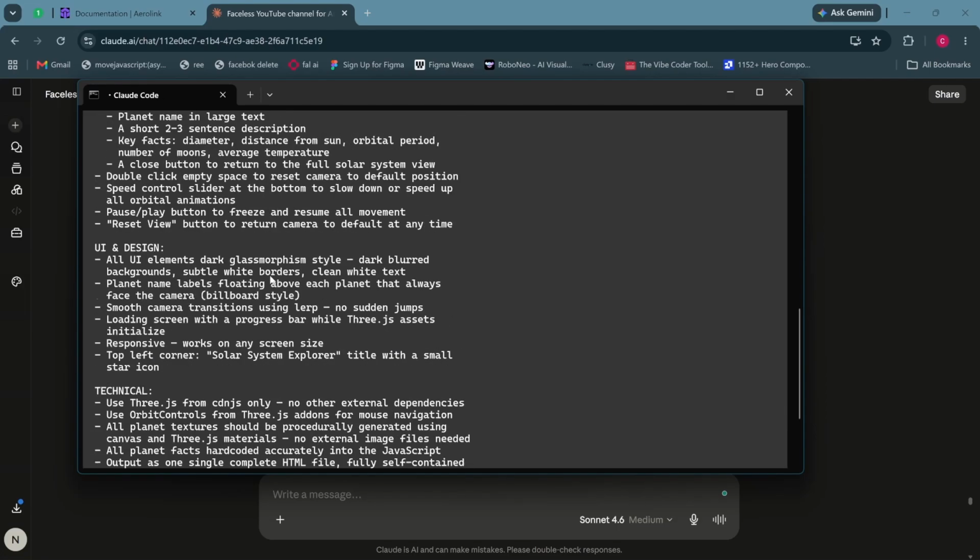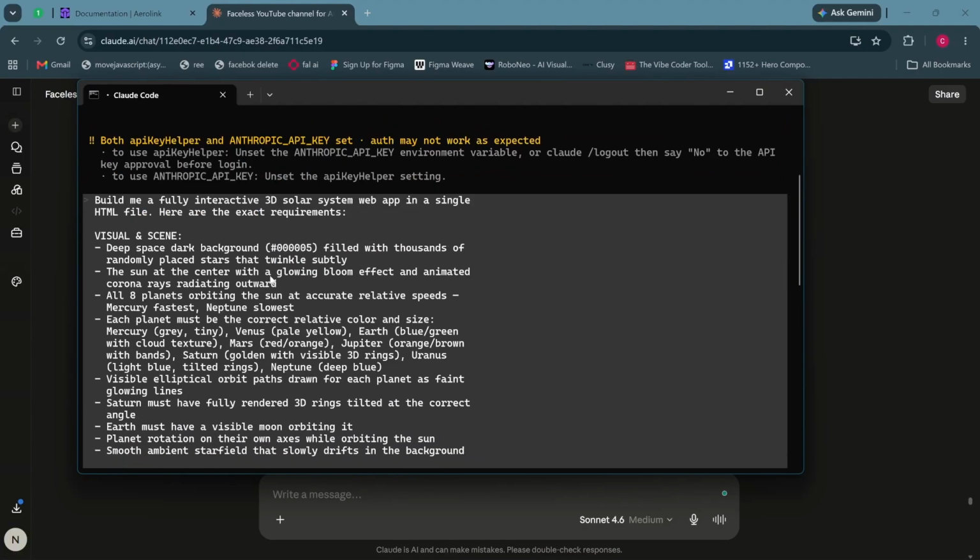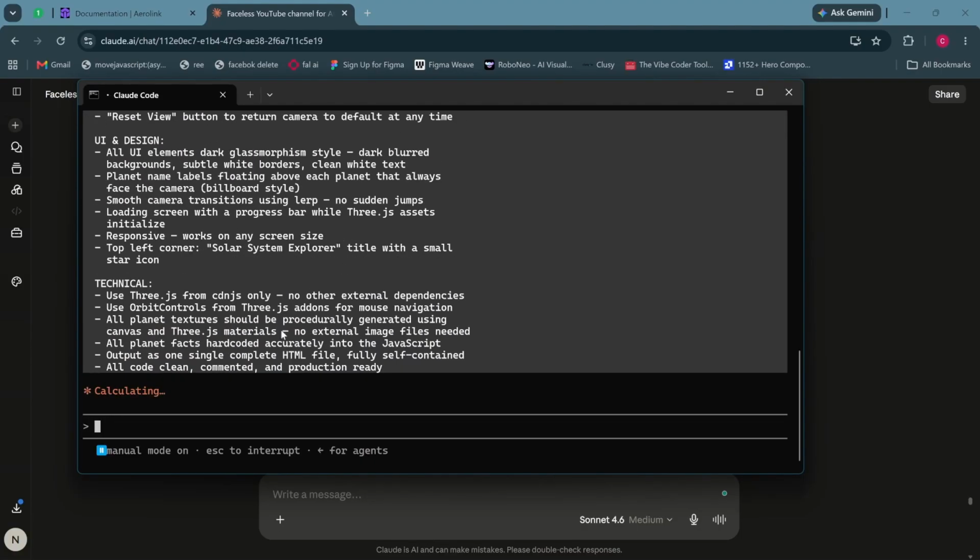Look at it. Once you click enter, everything will show. Here is the prompt I gave to it. Now Claude doesn't just start building your project. It will start thinking. It is a thinking model. It first of all thinks